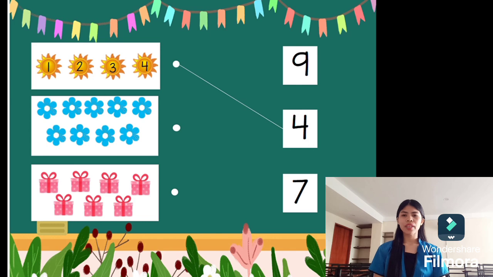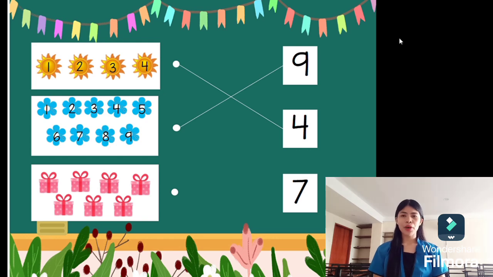Next, let's count how many objects are inside the box. 1, 2, 3, 4, 5, 6, 7, 8, 9. We have 9 objects here. Now, let's find the number 9. Very good. This is the number 9.